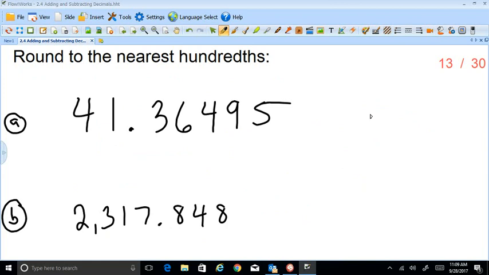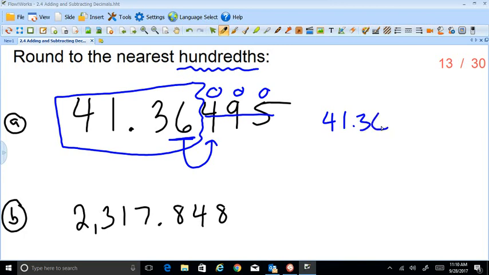Two more examples. This time I want to round them to the nearest hundredths place. A, I'm going to find the hundredths digit, the digit that's in the hundredths location, 2 places to the right of the decimal, the 6. Draw a hook and arrow, always to the digit to the right. It's a 4. 4 tells me to leave the 6 alone. These become zeros, decimals. I cut them off right there. Rewrite my final answer,